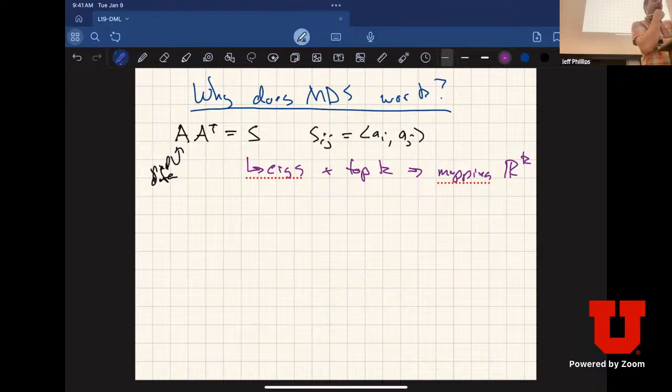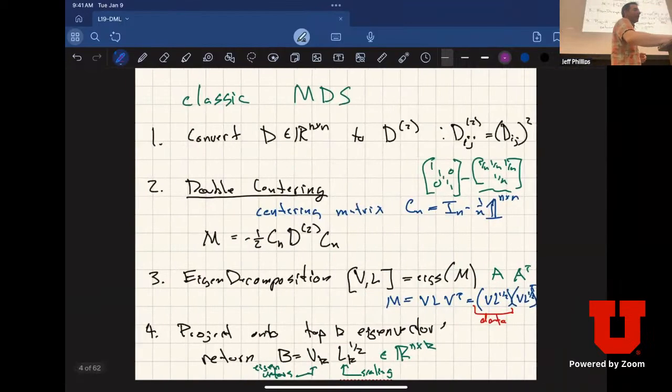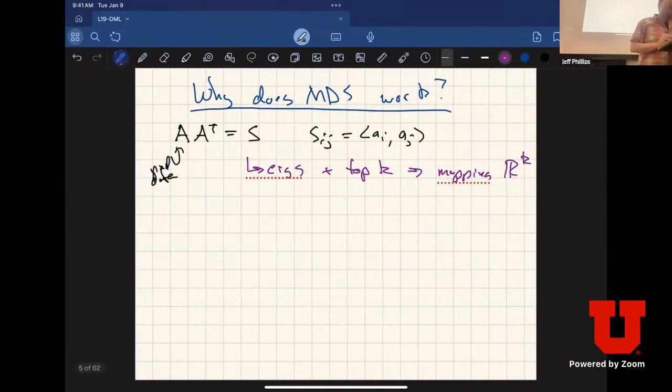So I'd somehow like to get this inner product. If I can take my distance matrix and convert it into an inner product matrix, then I do this. And this is what steps 3 and 4 were here. In steps 3 and 4, I assumed M was like this inner product matrix, and then I do eigendecomposition and project onto the top K. So I somehow want to get this inner product matrix, this similarity matrix. But what I have instead is something like the squared distance between A_i and A_j. And again, I don't have the matrix A, I just have a distance. This was my input,